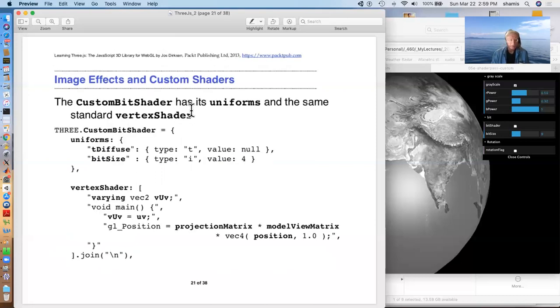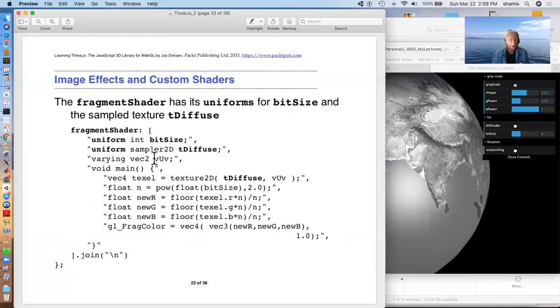The custom bit shader has uniforms. Again, we've got a type t for a texture, a bit size, type i for integer with a value 4. The Vertex shader is exactly the same, only the vUV varying gets passed on. Everything else is the same. And then in our fragment shader, I'm going to have my uniform integer bit size, my uniform diffuse texture sampler, my varying, and in the main I'm going to sample from the